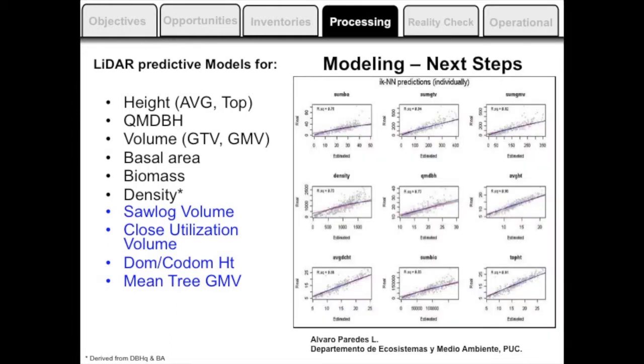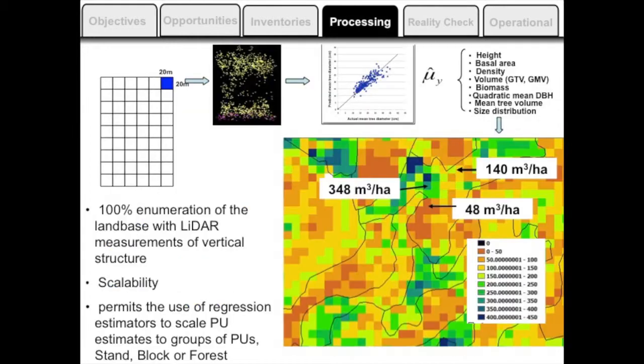We're also looking at doing K nearest neighbors, and this is some of the results from the HRST forest. We have that linear regression approach. We're also doing K nearest neighbors, and we're going to do a heads-up comparison and see how well they work and see if one has any strengths or weaknesses over the other. And that's part of another part of the project that we're doing with some students in actually University of Chile.